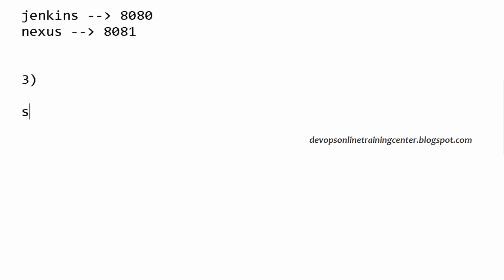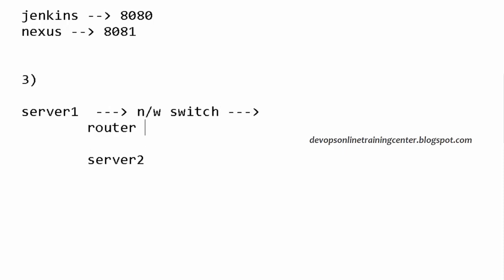So this traceroute command is basically to find out, let us say there is server 1 and server 2, and when we send a packet from server 1 to server 2, it goes through a lot of other devices, right? Maybe server 1 is connected to a network switch, and from there it goes to, let us say, a router, and from there to another network switch 2, and then maybe another router, or another switch, right?